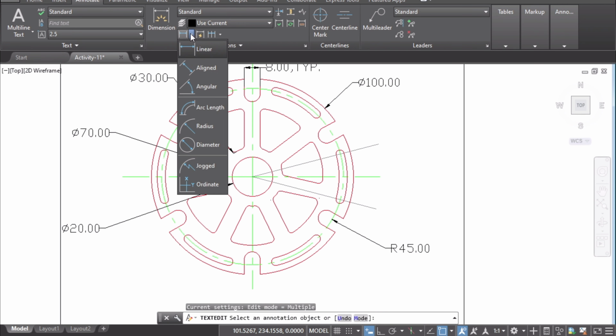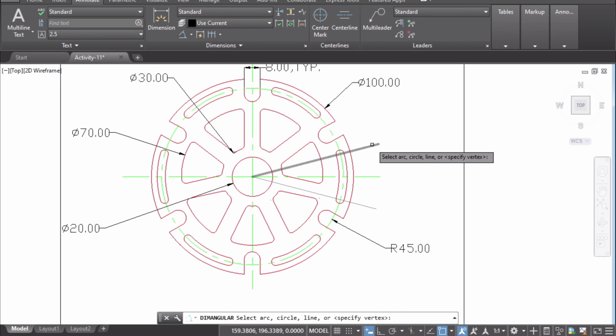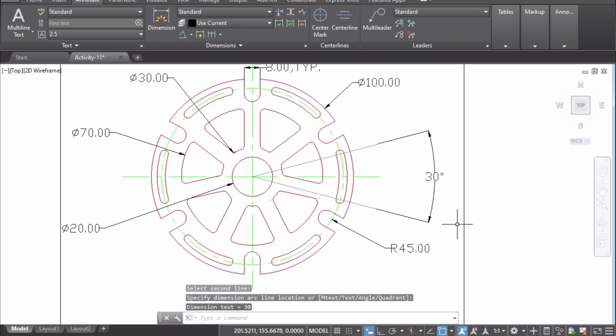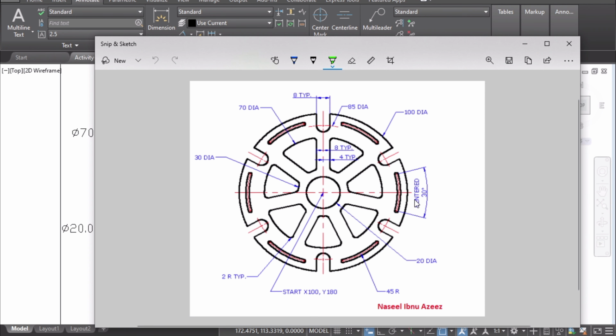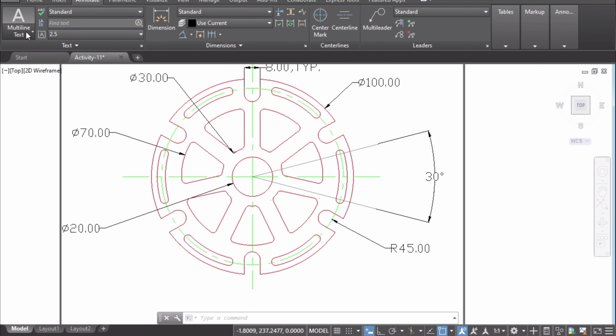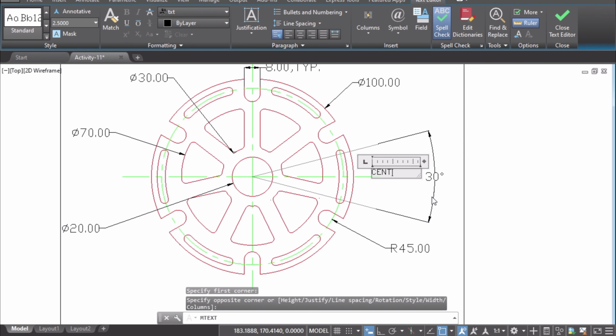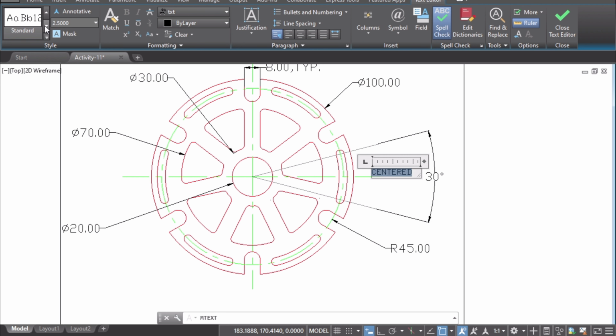Let me take angular as usual and pick this line and then this line. Your angle will come this way, mark it there. Now here is a new thing, you can see it's written centered here. So mark centered, you can write it there, but you need to rotate it. To do that, you can insert a multi-text and write it here. I'm going to write centered, and then if you want, you can change the text style as well. Let it be like this